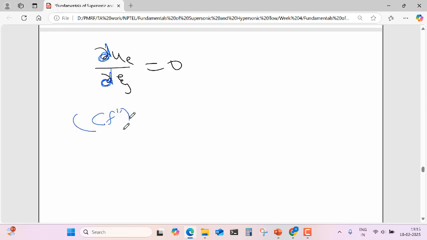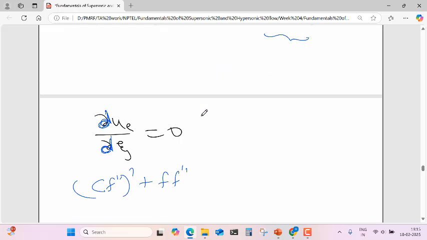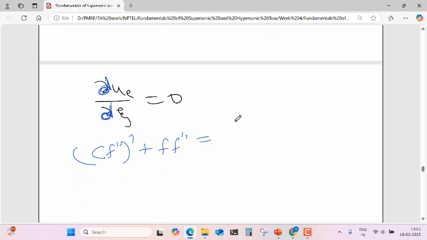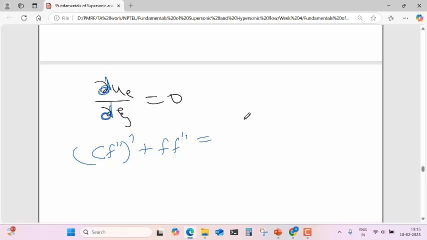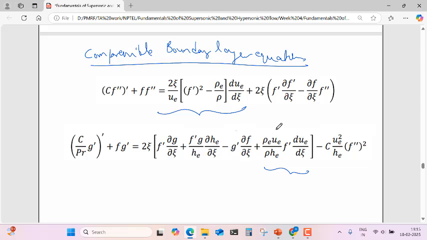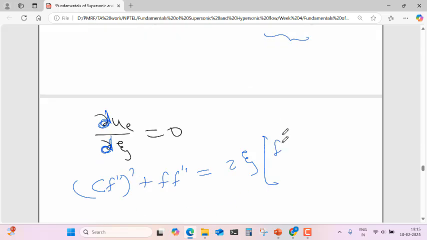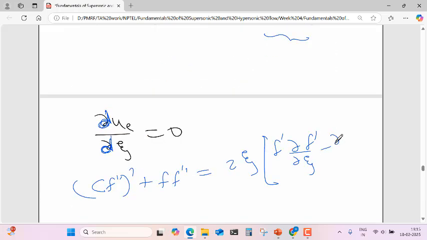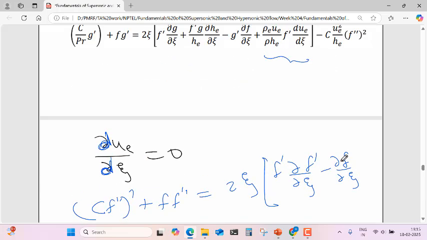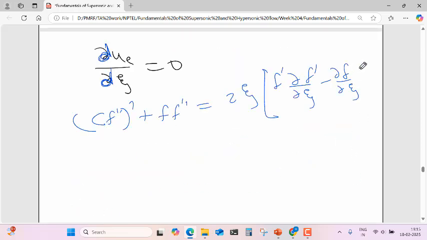(C f'')' plus f f'' equal to 2 xi [f' ∂f'/∂xi minus ∂f/∂xi f'']. This is the momentum equation,